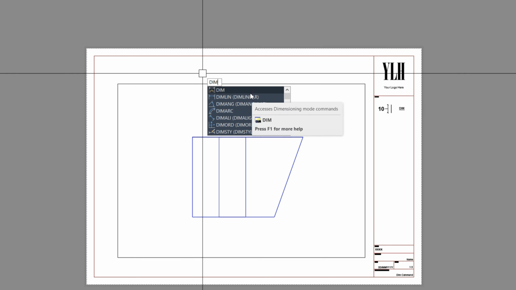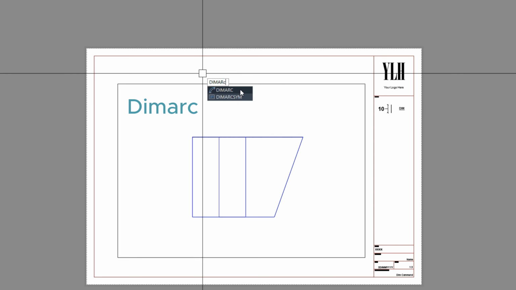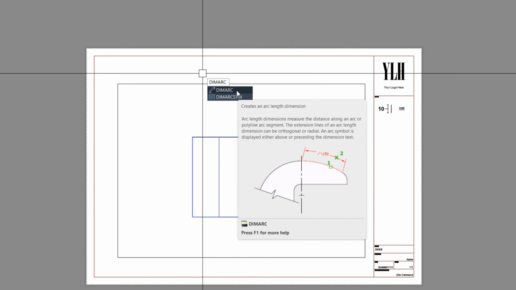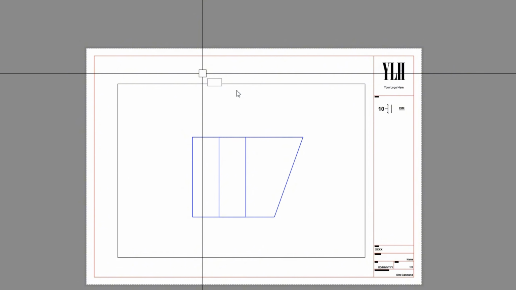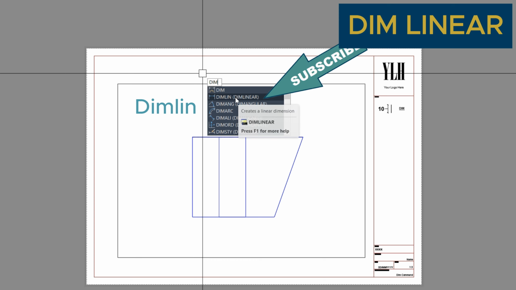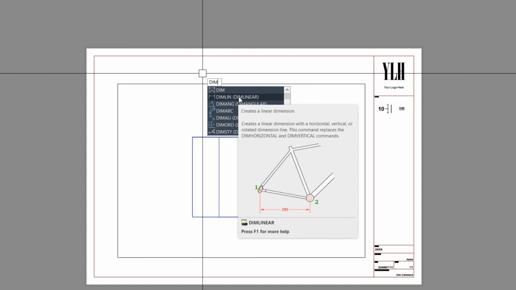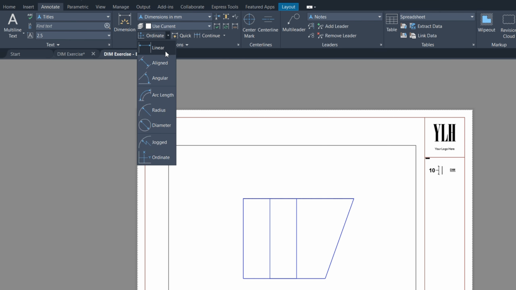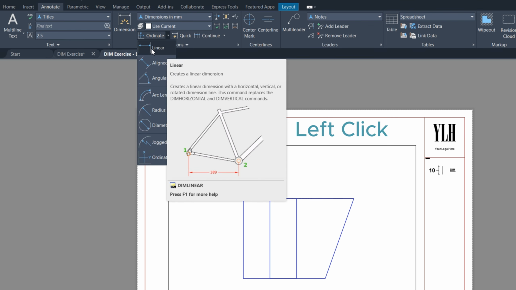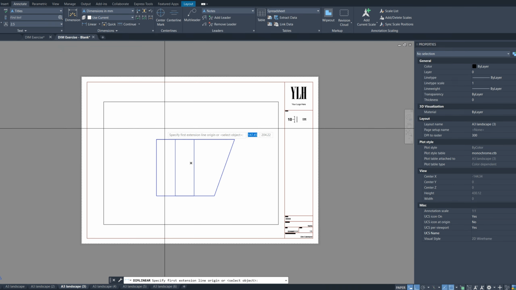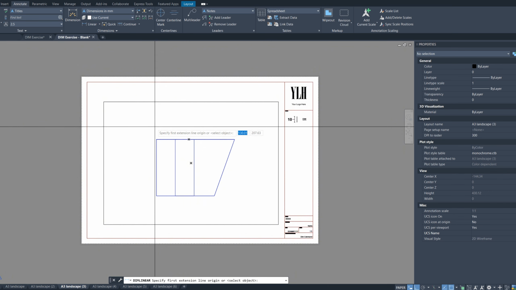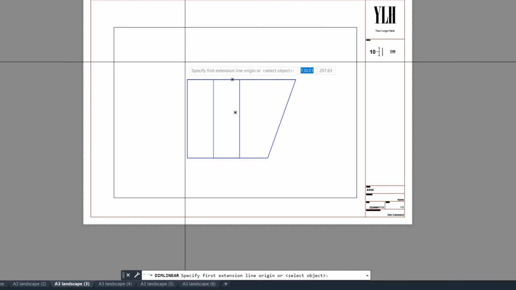Or you can type dim ARC, which is dim arc. I mean, this is a different type of dim also. So the first one I'm going to be starting with is dim linear here. Or alternatively, you could just click it through the options here and click dim linear. I've now activated this dim linear, and as you can see, the first thing it asks you to do is